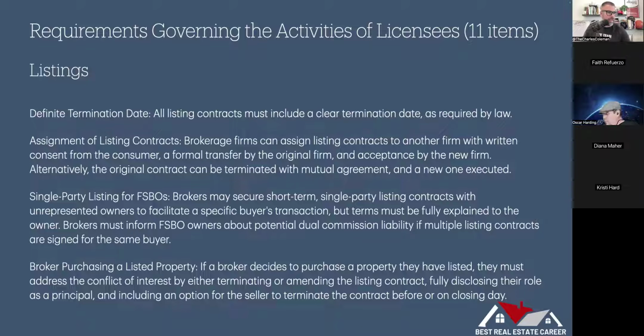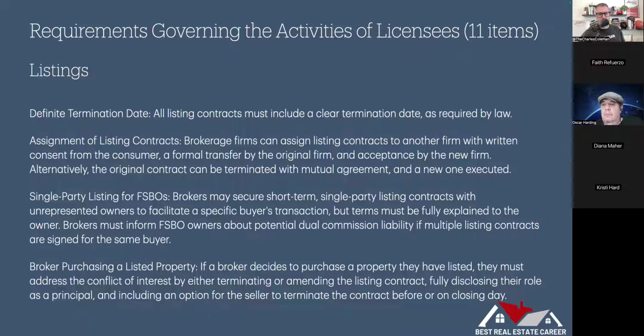Also, one brokerage can assign a listing contract to another brokerage. And you're probably asking yourself, why in the world would that happen? Well, keep in mind, you're with brokerage A and you're working with a client. You go over to brokerage B. Here's the thing, the brokerage, yes, owns the listing, but guess what? Your client's doing business with you. They don't care about brokerage A. So what brokerage A will most likely do is assign the listing agreement over to brokerage B, and then you are going to be the designated broker over at brokerage B. So it just needs to be assigned, right?